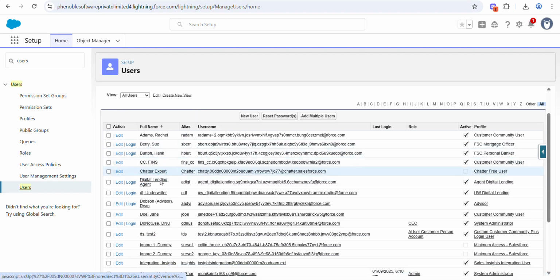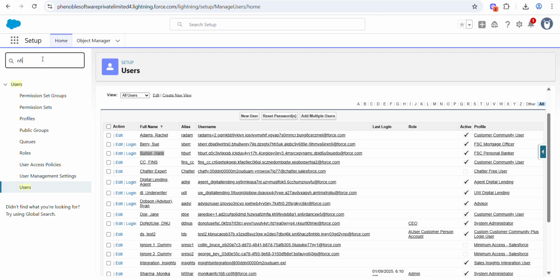You should see Rayan, our wealth advisor, and Hunk Burton, our personal banker. Before we get started with this configuration, let's take a tour of this org and verify that the apps are installed correctly, with the proper licenses.